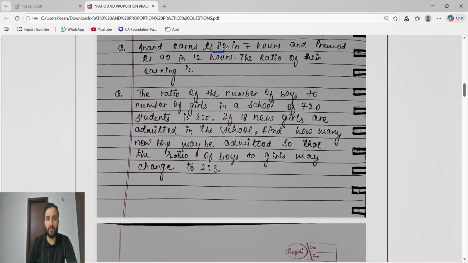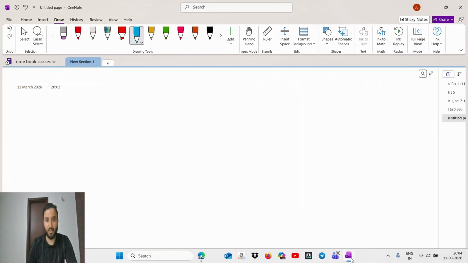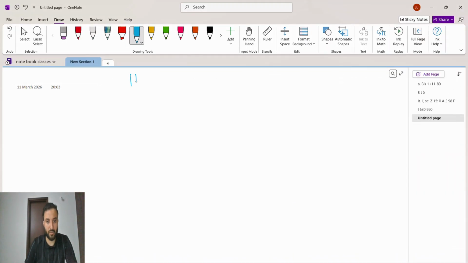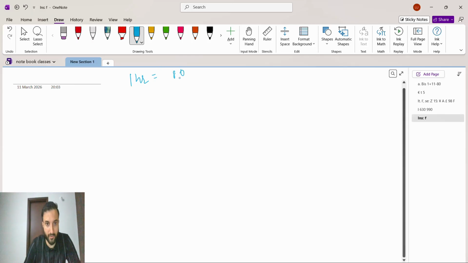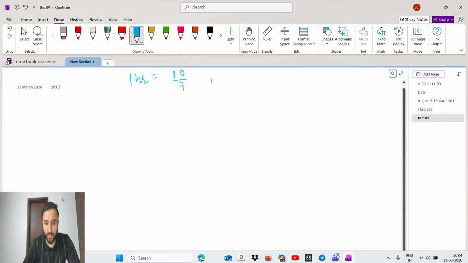Anand earned rupees 80 in 7 hours. Okay, 80 rupees in 7 hours. So in 1 hour, how much will he earn? Anand earned rupees 80 in 7 hours, so in 1 hour he will earn 80 divided by 7. Next is